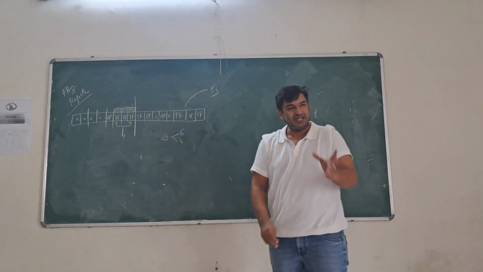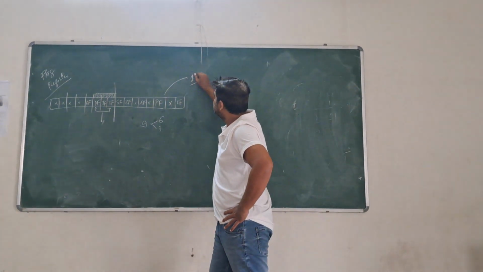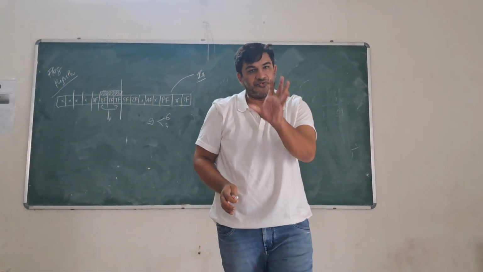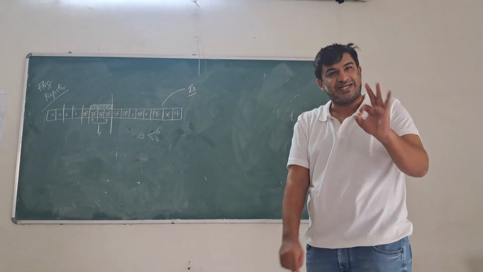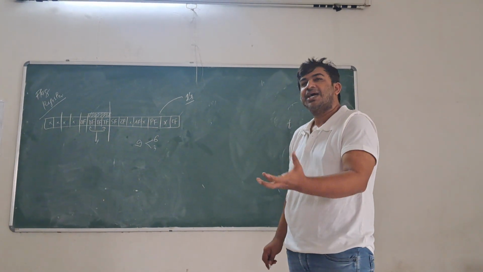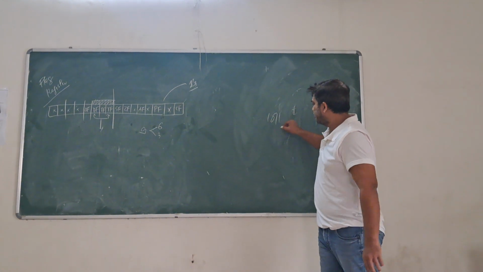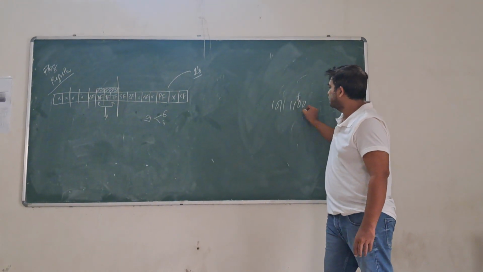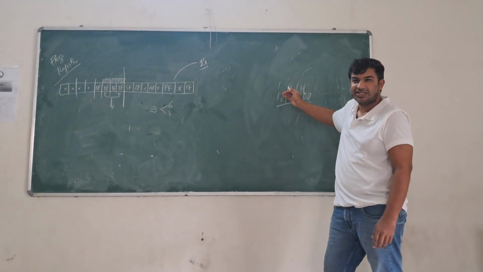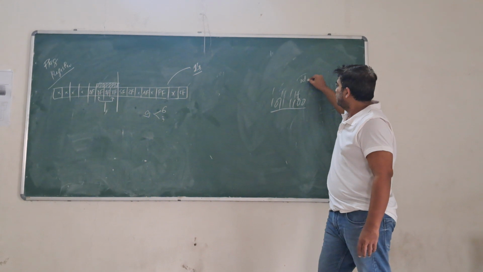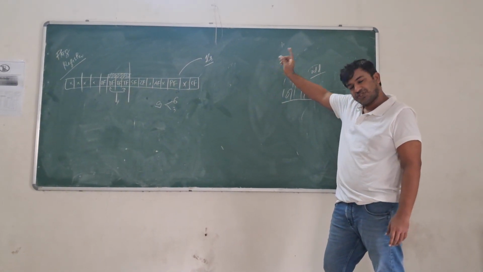Next flag is the parity flag. When you are discussing the parity flag, keep in mind it is discussed in the context of ones. So if you have an even number of ones, the parity flag will get set to 1. If the number is odd, it will get reset. Understand? So if my number is 1 0 1 1 1 1 0 0, so this is my number. 1 2 3 4 5. Total 5 ones are there. The number of ones is 5, which is odd. So the parity flag will be 0.